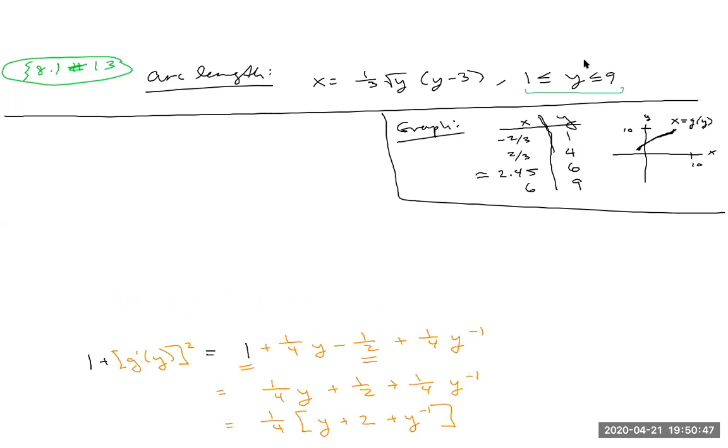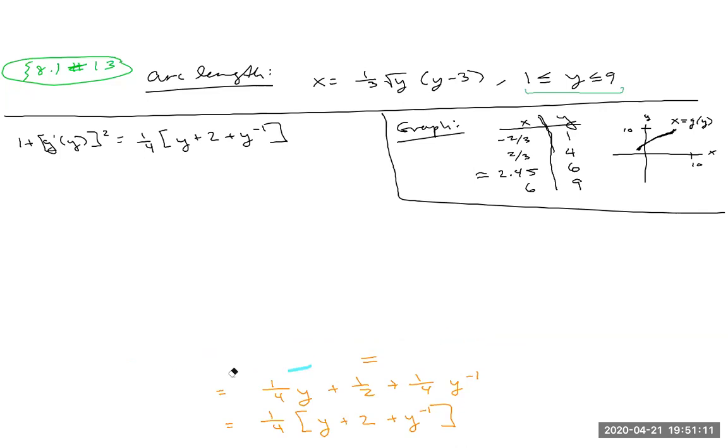So before I forget, let me go ahead and put the 1 plus g prime y squared up here. And clear the rest. Okay, so essentially what I'm going to be doing for this next part, we discussed this in class before,